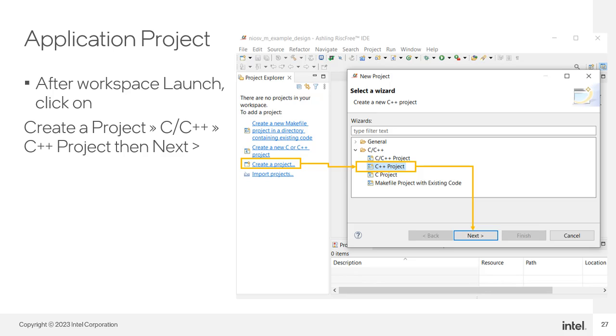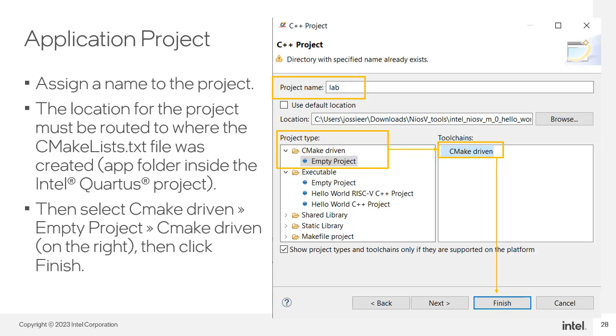Once the workspace is launched, you need a C++ project. Select the type of project and click on Next. Continue with the windows for project creation. Assign a name to the project. The location for the project must be routed to where the